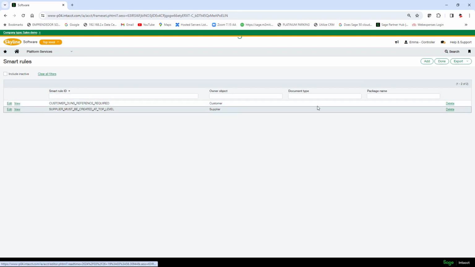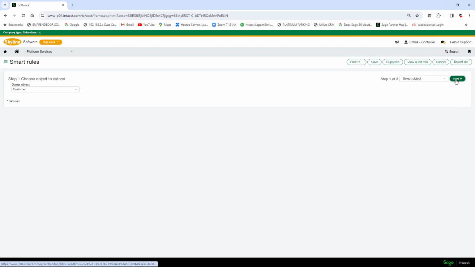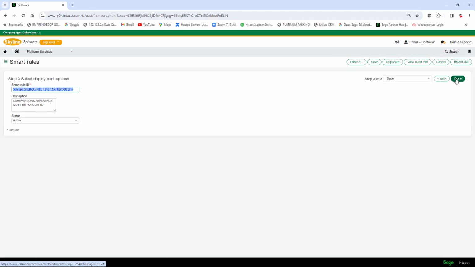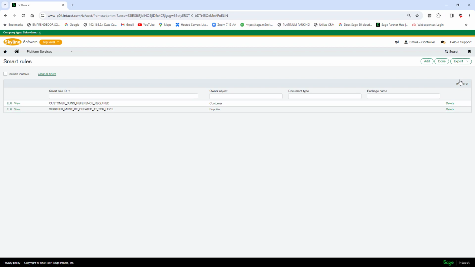One thing I forgot to point out, if I go back to that last screen again, is that you've got a status here which is active or inactive. So if it's inactive, the rule will be in the system but it won't be enforced. So once it's set to active, as soon as I then click the done button, that is now ready to use. So just to check that one works okay, if we go to an entity